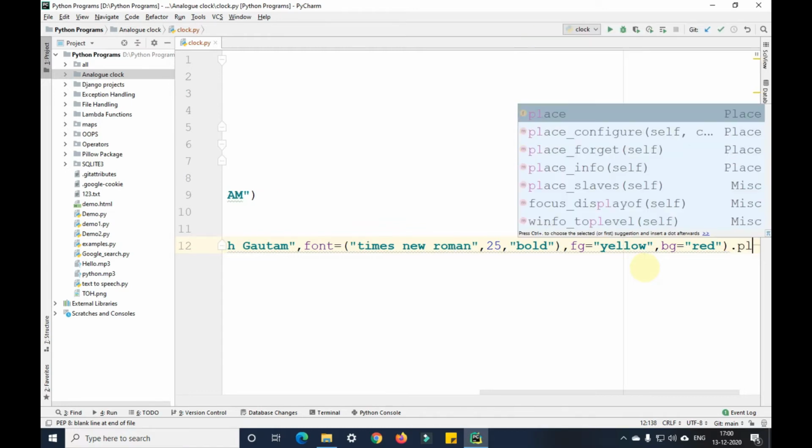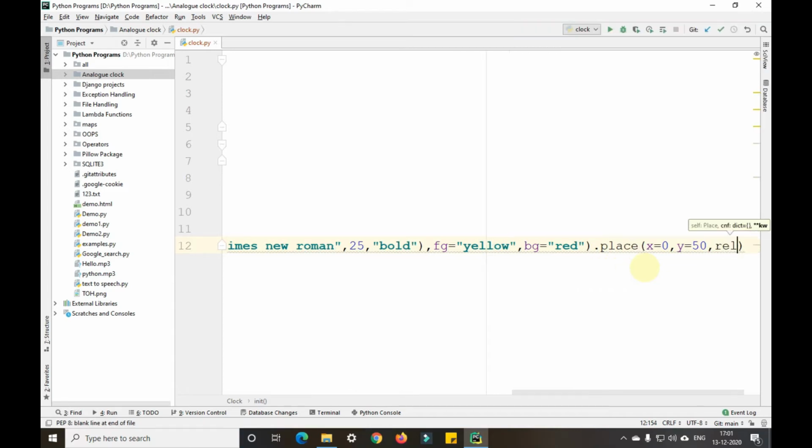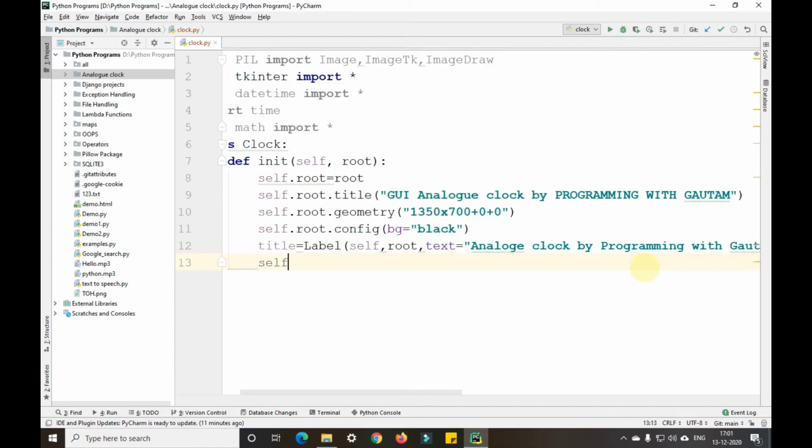So I'll put .place, x equals 0, comma y equals 50. So on the x-axis it starts from the 0 place, and on the y-axis it starts from the 50 place, comma relwidth. So the width of that particular text equals 1.